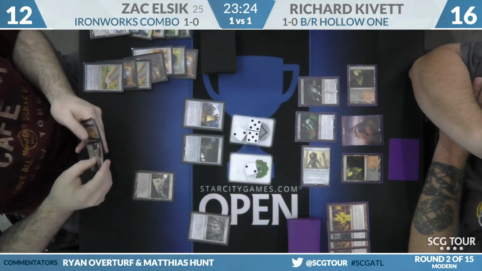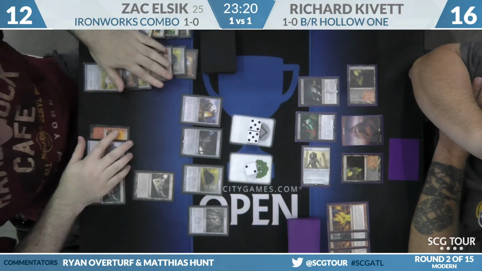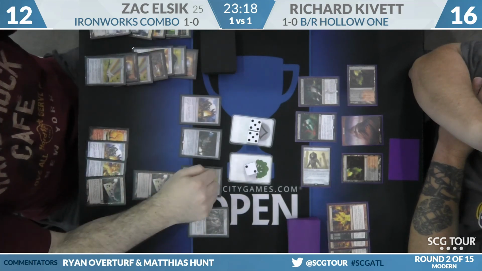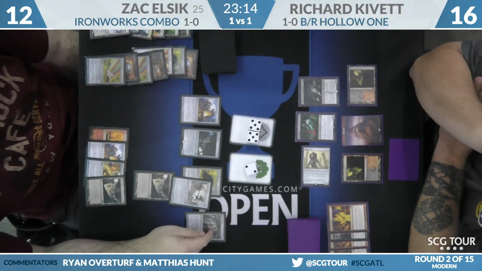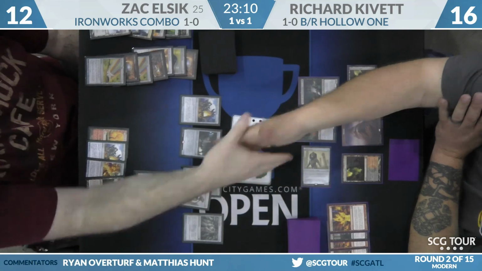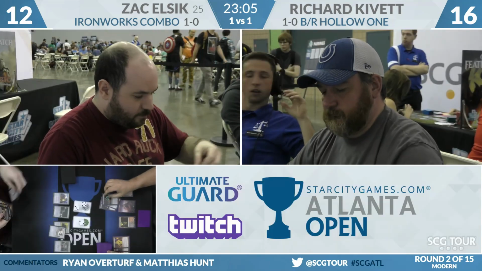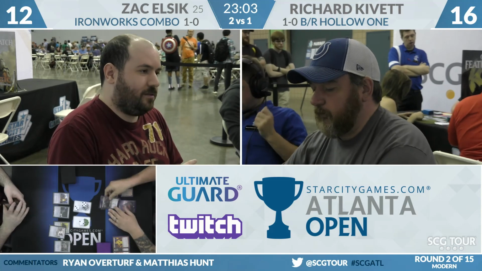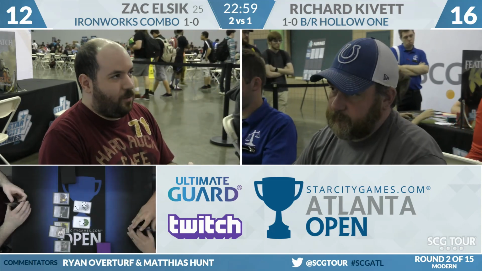He's drawn an Iker Wellspring as well. And now he's going to demonstrate. You can see he's playing face up. That's him showing a lot of confidence in him not missing. Mere Retriever should set things up. Yeah, Retriever, a ton of value. Yep, and Retriever plus Wellspring will actually just get the rest of the deck here. And Richard will extend the hand. 2-1, Zach Elsik defeats Richard Kivett. Richard wants to present a clock to get